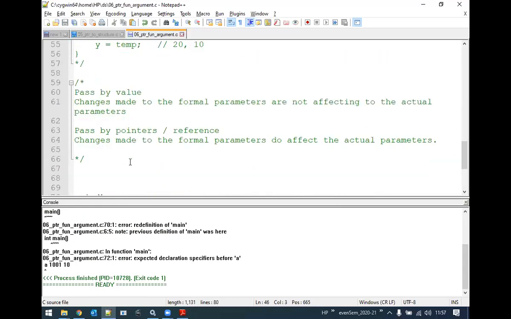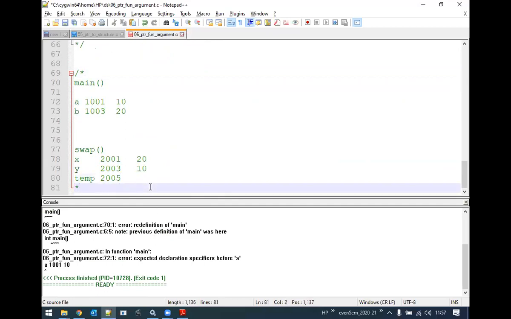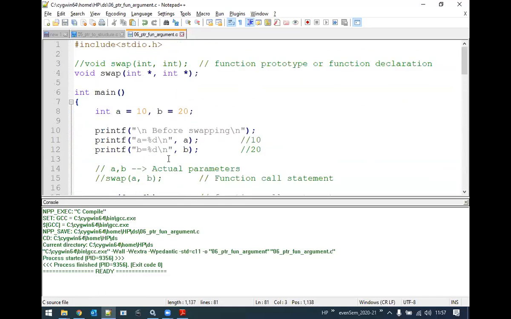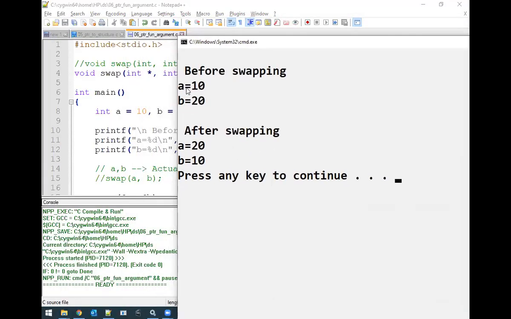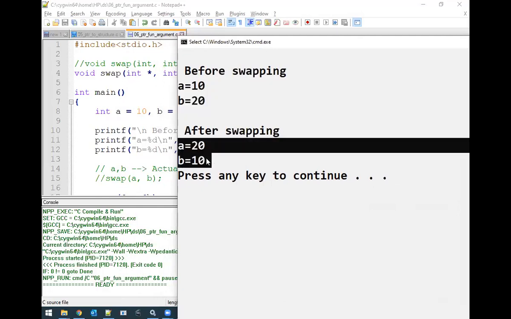What else we have? Here also I have something. Okay, compile again. Okay, all good. So there are no warnings, errors. Now execute. Now can you see the result here? Before swapping, A is 10 and B is 20. After swapping, A is 20 and B is 10.